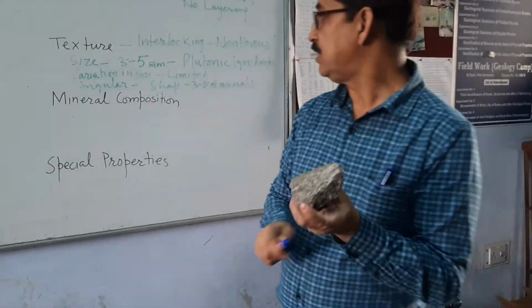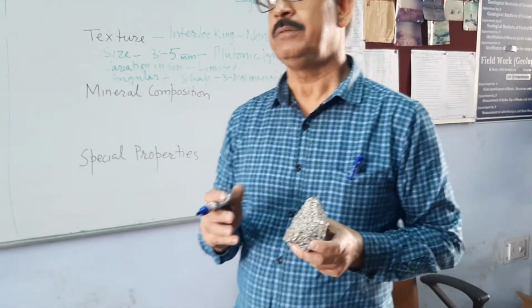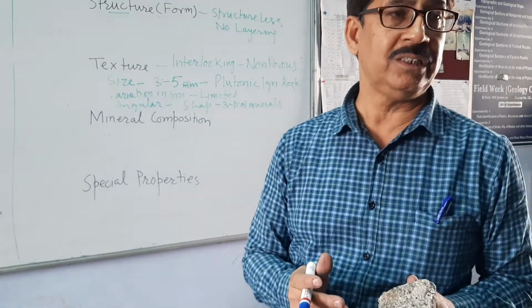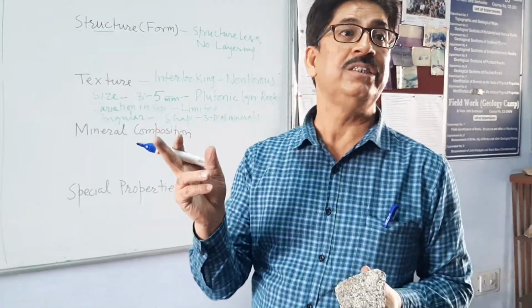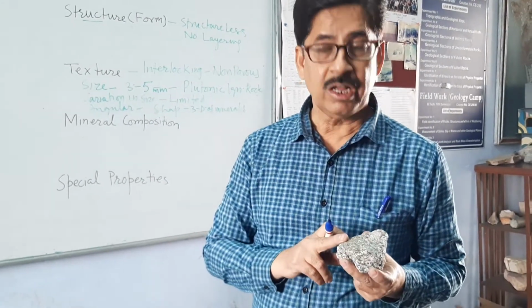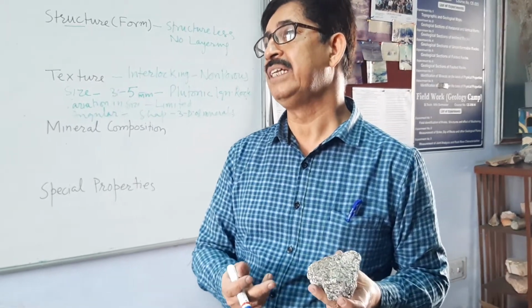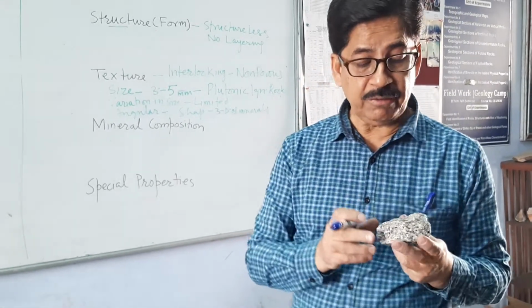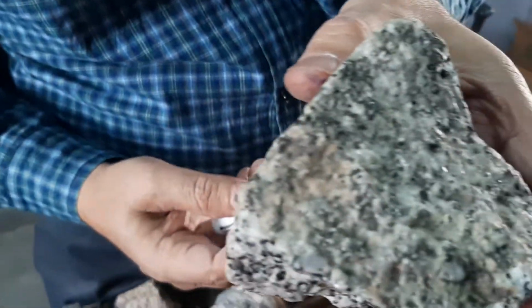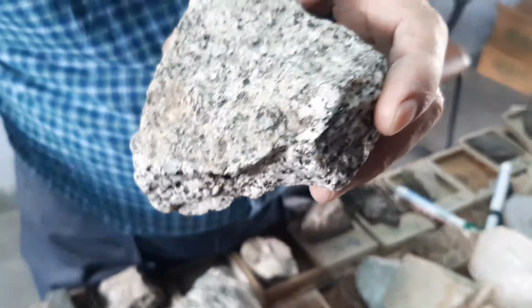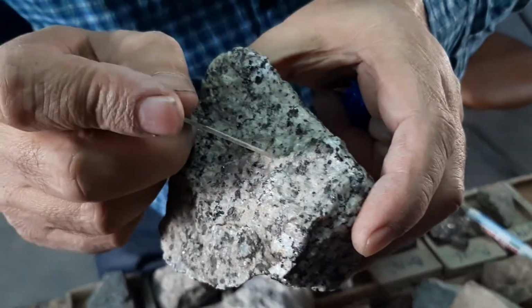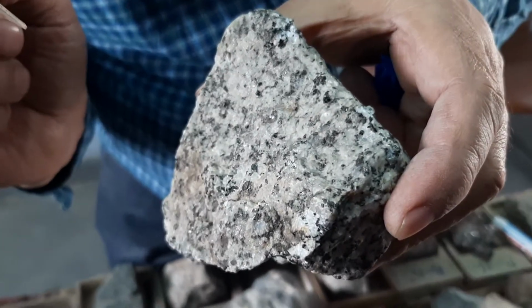Okay. Now next is mineral composition. If we are well versed with the identification of minerals, then we can apply that knowledge in deciding what minerals are present in this rock. Also from our theory, we know what minerals can be present in granite. So here, I would like to give you a very close look. There are some minerals which are transparent, translucent. They have transparency. These are quartz. Then we have white minerals. They are feldspar, microcline feldspar.